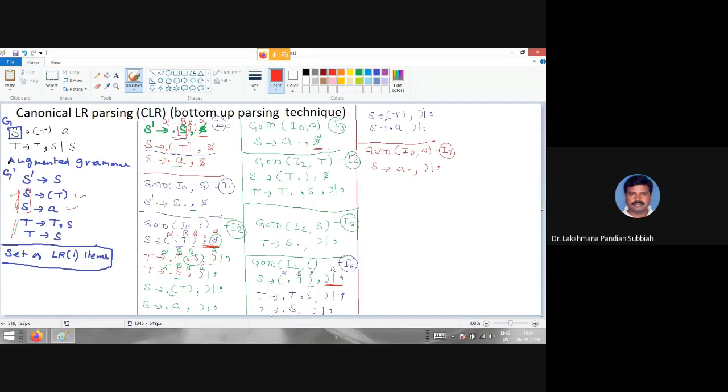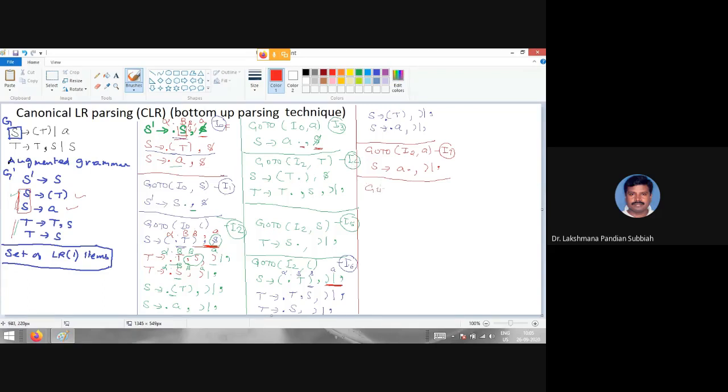Here we are having dollar, and here we are having this one. So you have to deal with a separate state. Next, I2 comma A is over, then I2 comma I3 comma nothing is there. After that nothing is there, so no need to expand. So I4 comma close bracket.